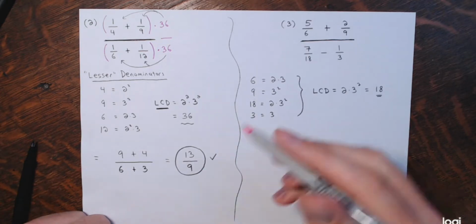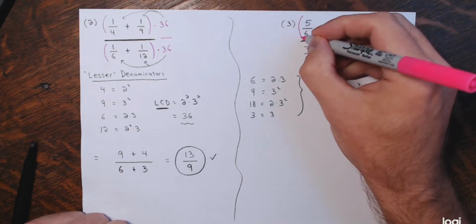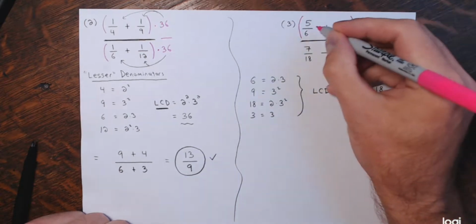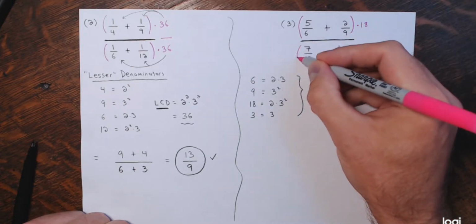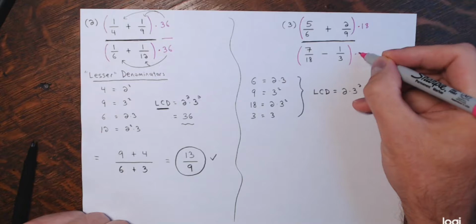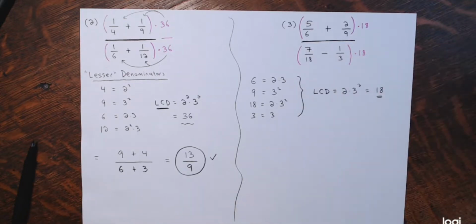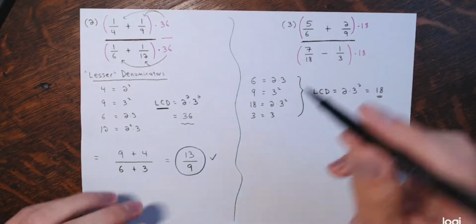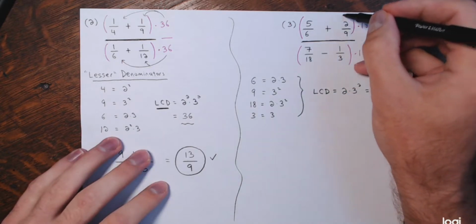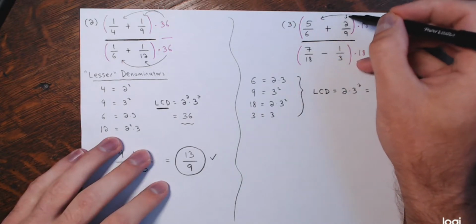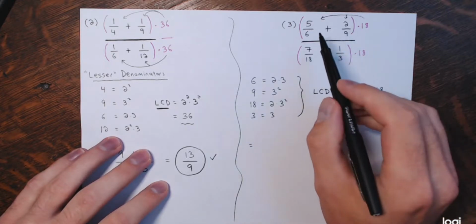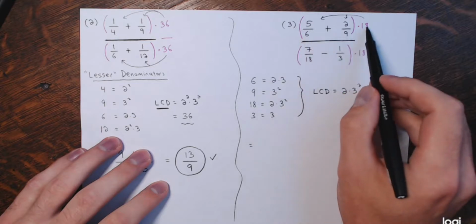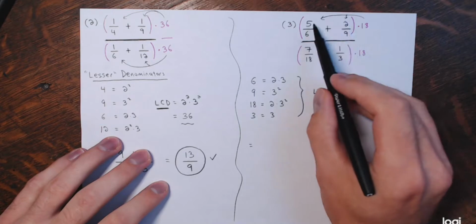Alright, so I take the numerator, this 5/6 plus 2/9, multiply that by 18, the LCD. Do the same thing with the denominator, multiply that by 18. Now, we're distributing, there are multiple terms in the numerator, so each one of those, the 5/6 and the 2/9, is multiplied by 18. Now 5/6 times 18, 6 goes into 18 3 times, and then you'd have 3 times 5 left over, that'd be 15,